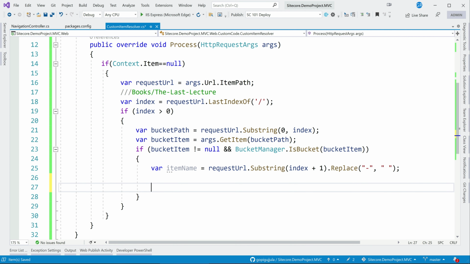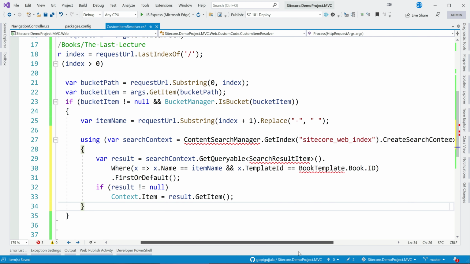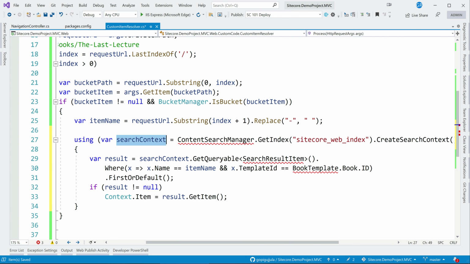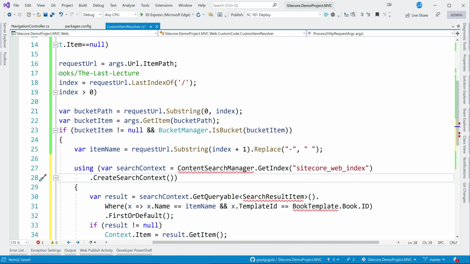What we are doing is we are trying to fetch. So yeah, I wrote it now, search context, and we are just passing the index name. Again, it's a bad practice. We should not send the index name directly. We should use the index resolver, but ignore it for now. Our whole concept is not to understand this content search, but mainly to resolve the item.